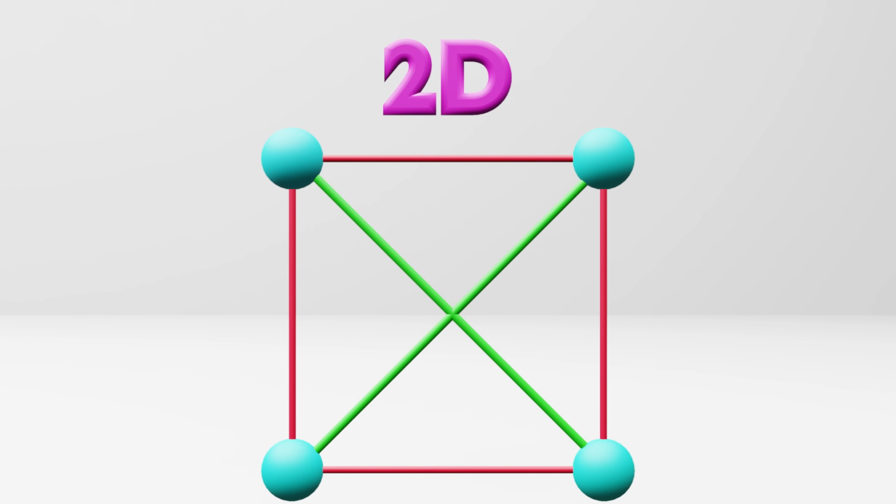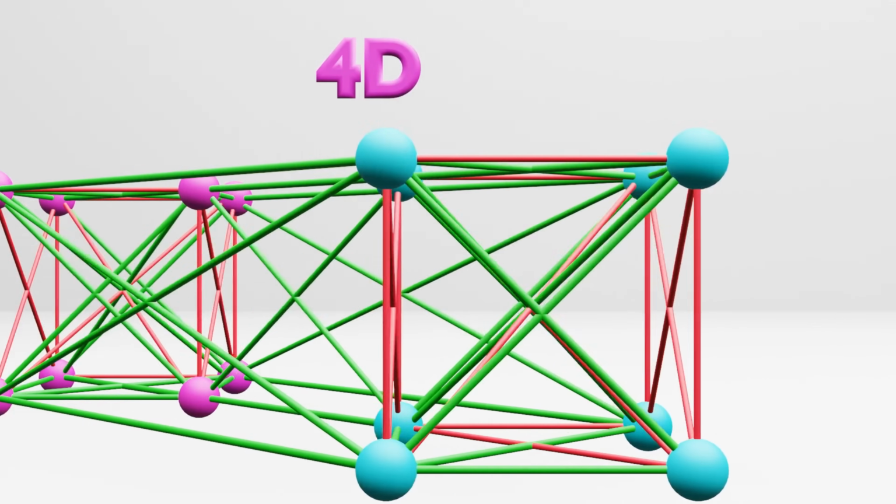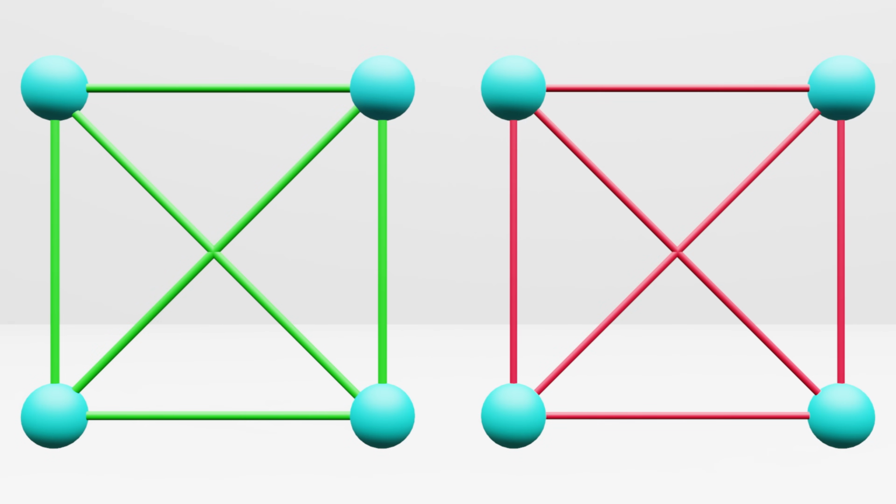Now we move on to Graham's number. To understand how we created Graham's number, imagine a square with all its vertices connected by lines which are colored either green or red. Now imagine a cube with all its vertices connected by red and green lines. Finally, imagine a 4D cube with all its vertices connected by red and green lines. How many dimensions do you think we could go up to before our cube has at least one side in which all the lines connecting the vertices are the same color?